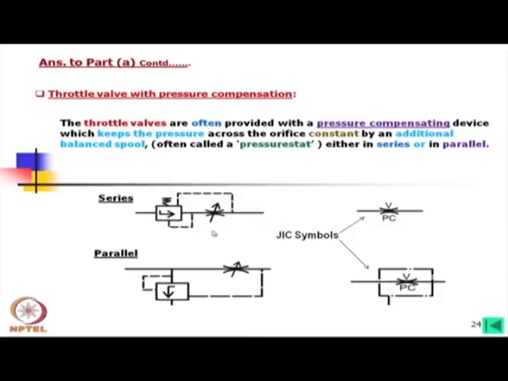In the same line there is the throttle valve as well as a pressure control valve, whereas in case of parallel we find this pressure control valve is in parallel. Essentially at the upstream of both sides there is another pressure relief valve, which is the system pressure relief valve. However, the symbols are like that, which you can see.